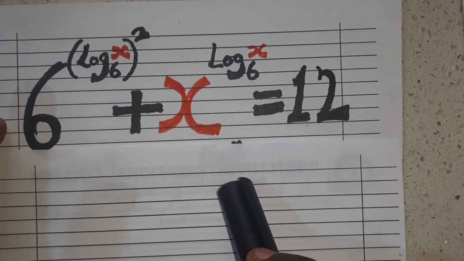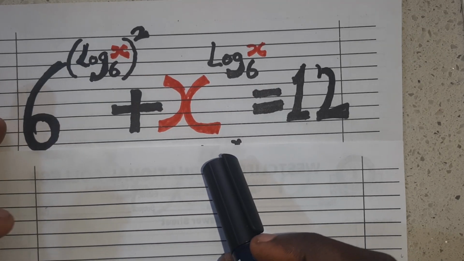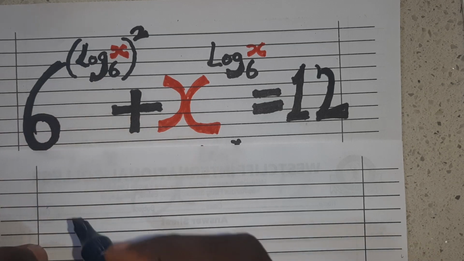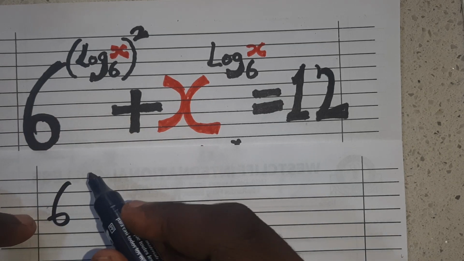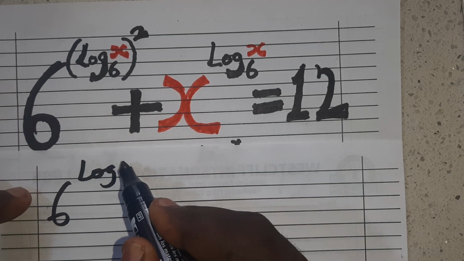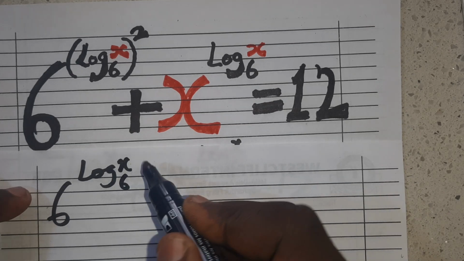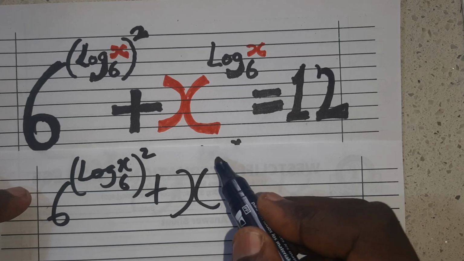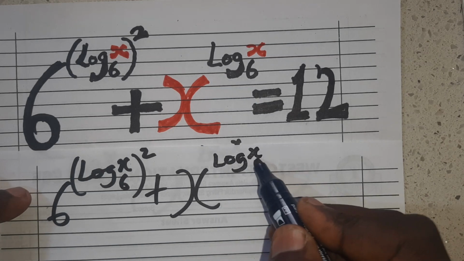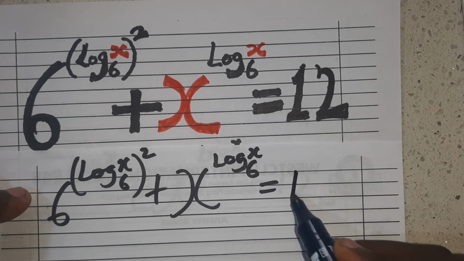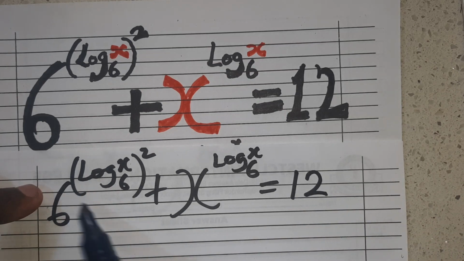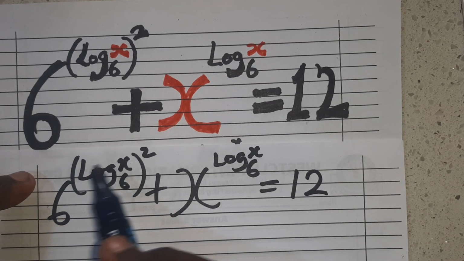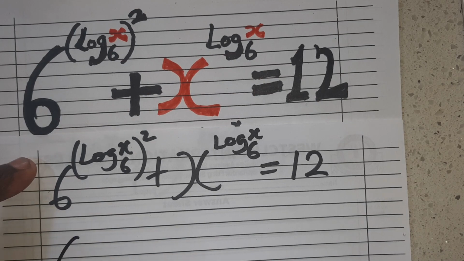Okay, so we have this interesting logarithmic equation here. We have it as 6 raised to power log x base 6, raised to power 2, plus x raised to power log x base 6 equals 12. Now, looking at this part of the left hand side, I can rewrite this one to now become 6 raised